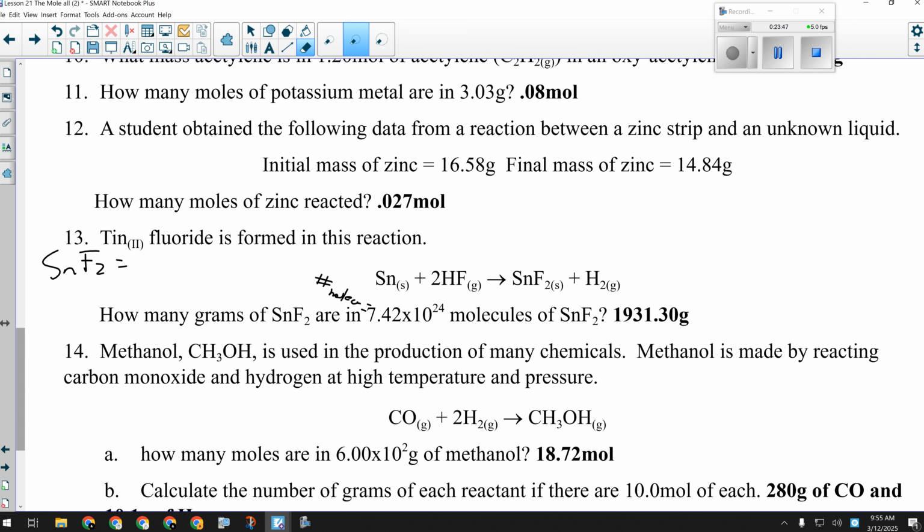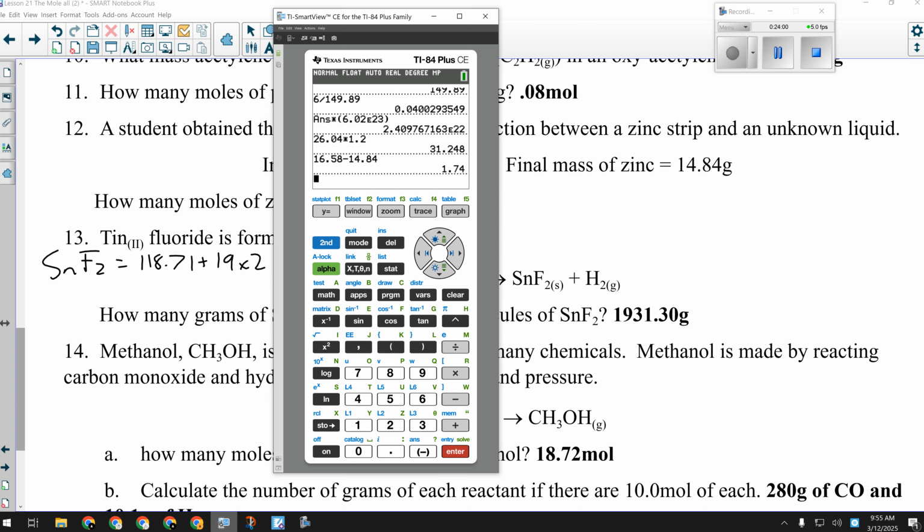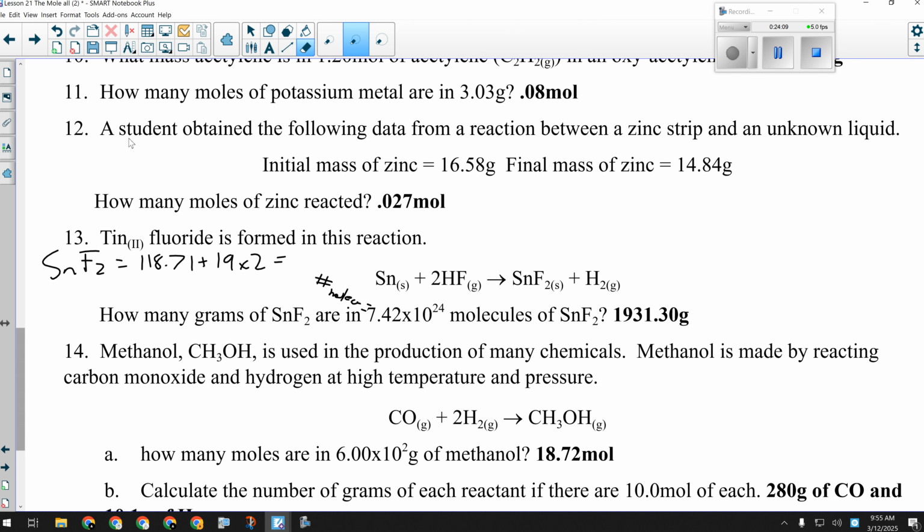So we have to calculate the molar mass of that. 118.71 plus 19 times 2, because we have 2 fluorines there. So our molar mass is 118.71 plus 38, which is 156.71